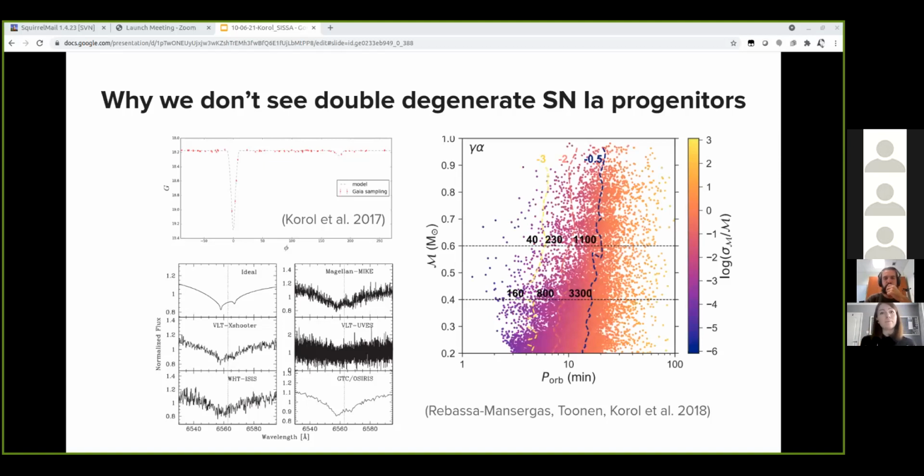And finally, we looked at the detectability and the chirp mass measurement in particular, because we want to say that these binaries are massive with LISA. So here again, I'm showing you orbital period versus chirp mass. And the points are my mock binaries. And the color now is showing the fractional error on the chirp mass.